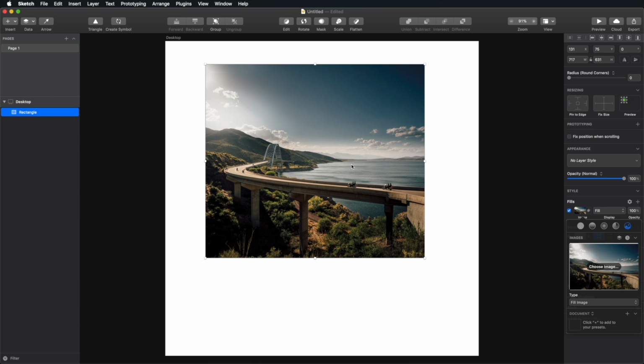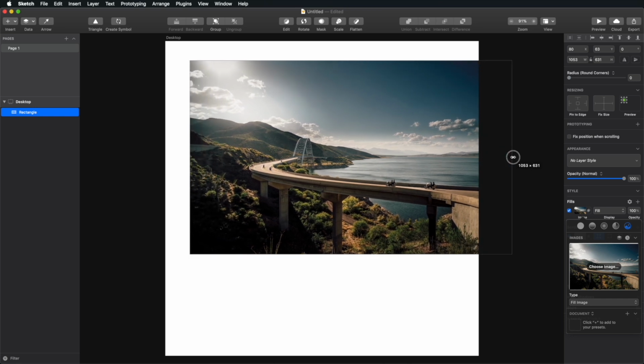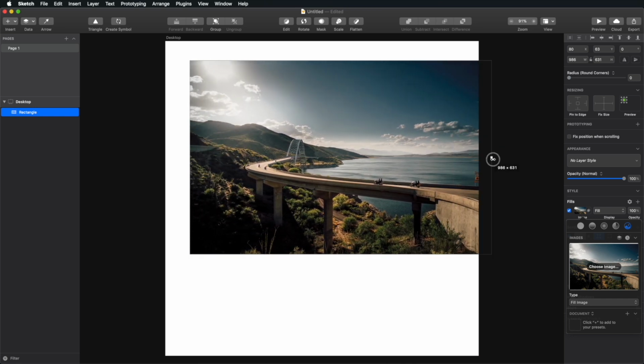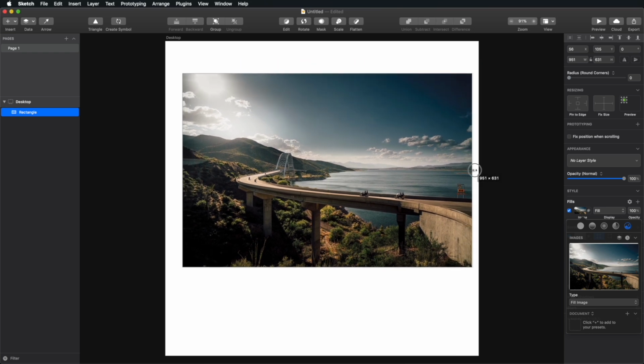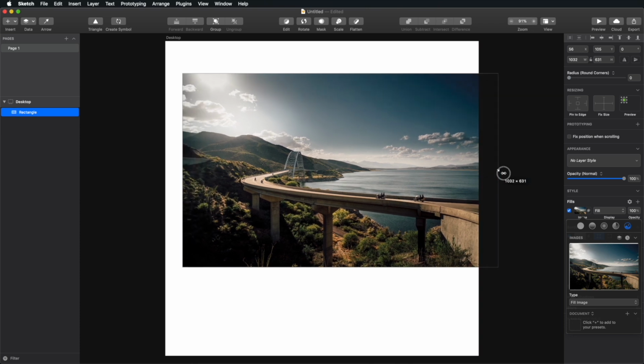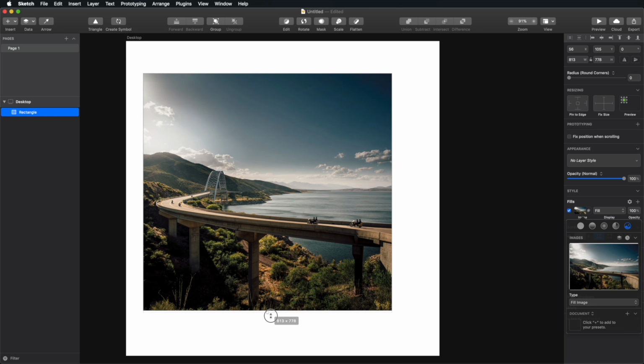And that's going to load it here, and actually the layer will act as a mask. So notice that when I resize this shape that I created, it reveals the other parts of the image,